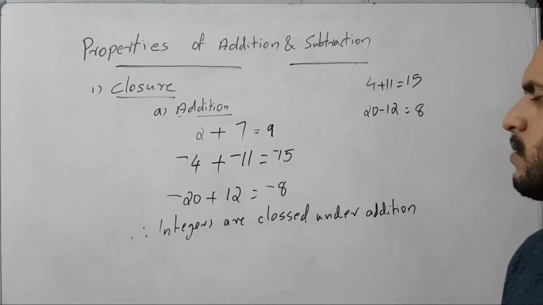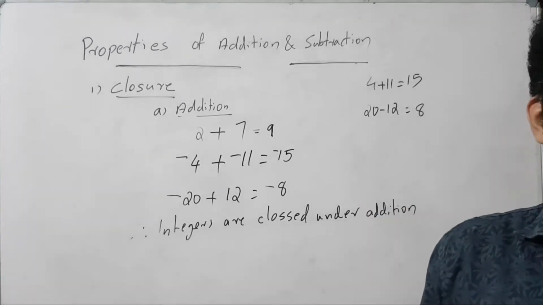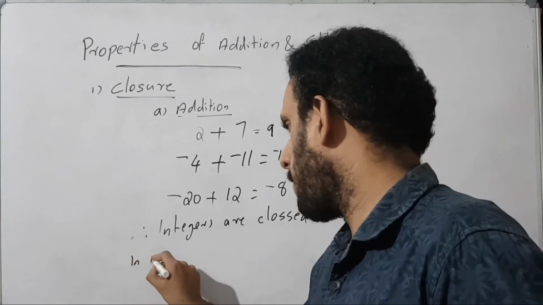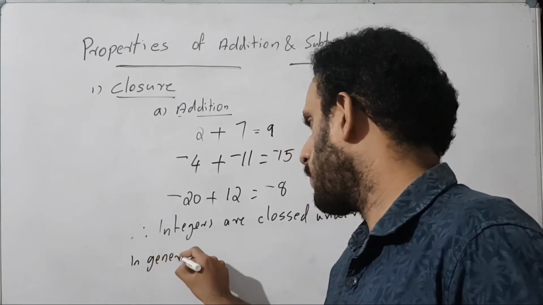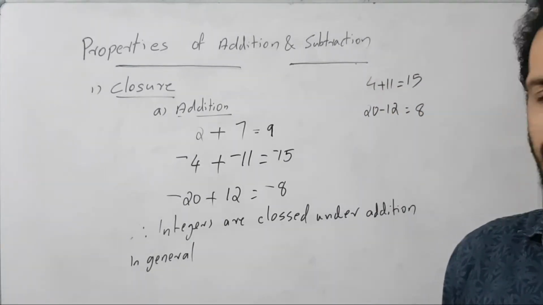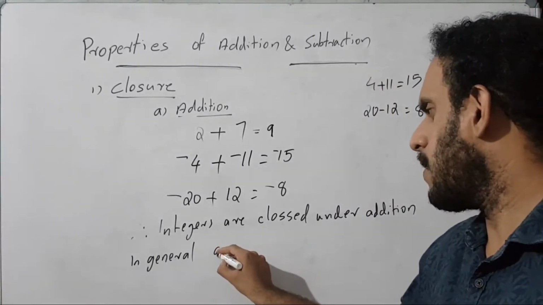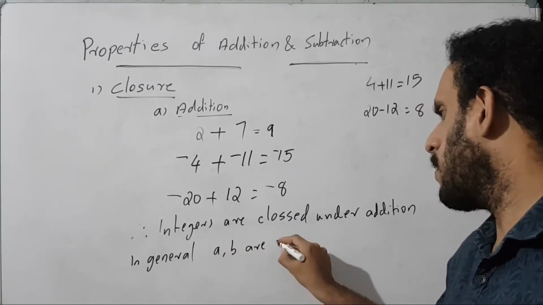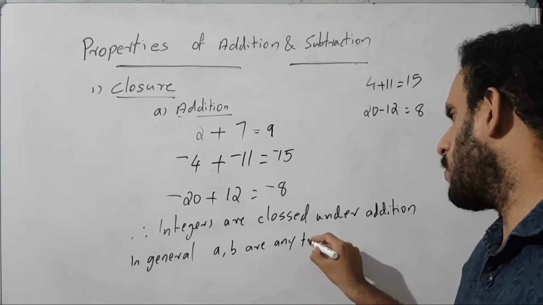Integers are closed under addition. Then how do we generalize? In general, we choose two integers a and b. a, b are integers. Any two integers